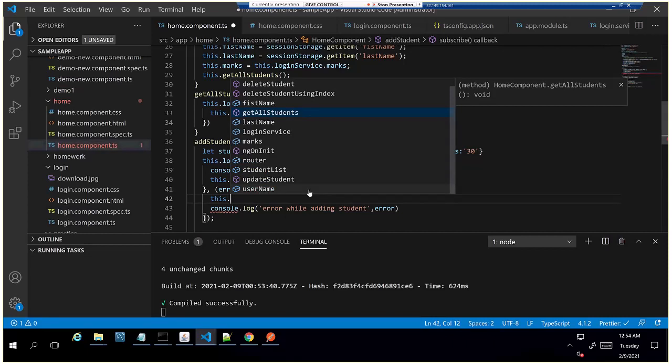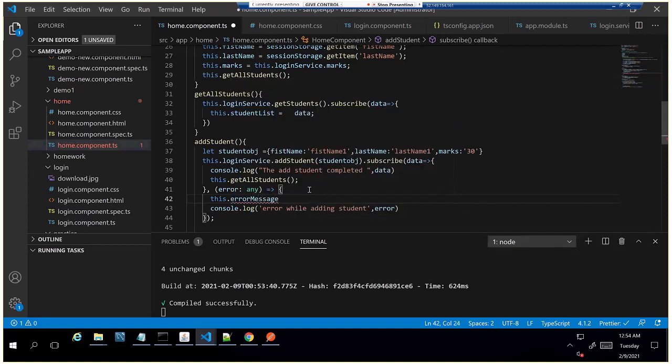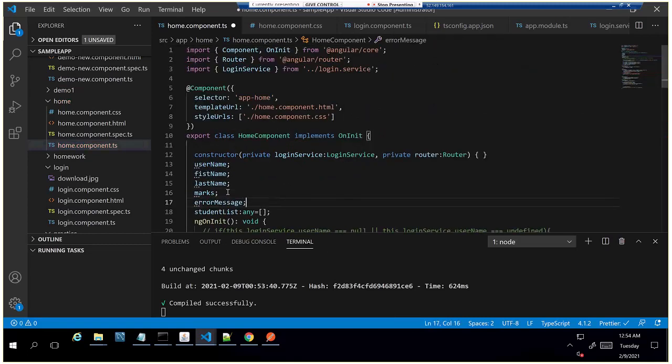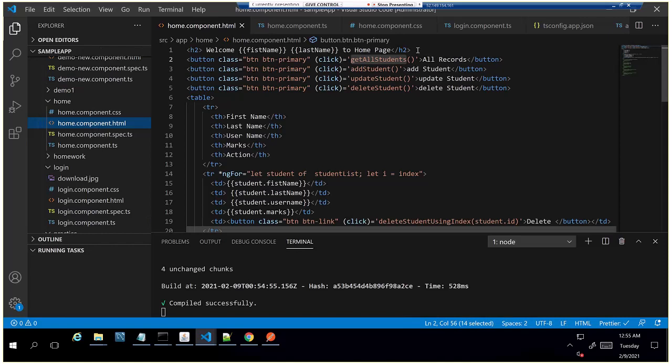Yeah. We'll add a simple error statement here. Error message equal to. I will add the similar statement here, and this variable we will declare as a global variable for this class. Where do you declare a global variable in a class? In the init method, and then you have to bind it to the ng model in the UI, so that when you have that error message assigned, it prints there, right?